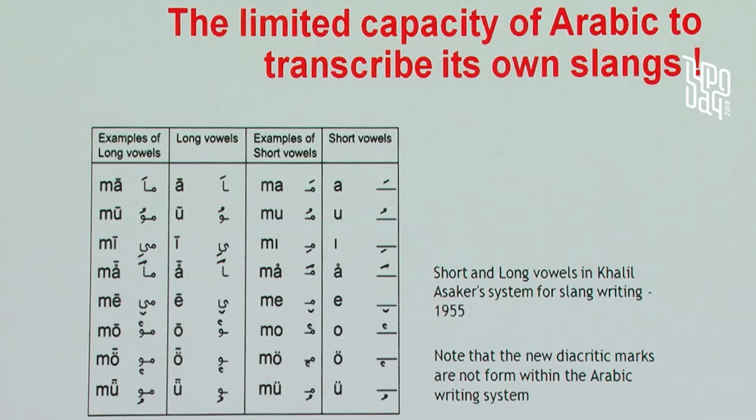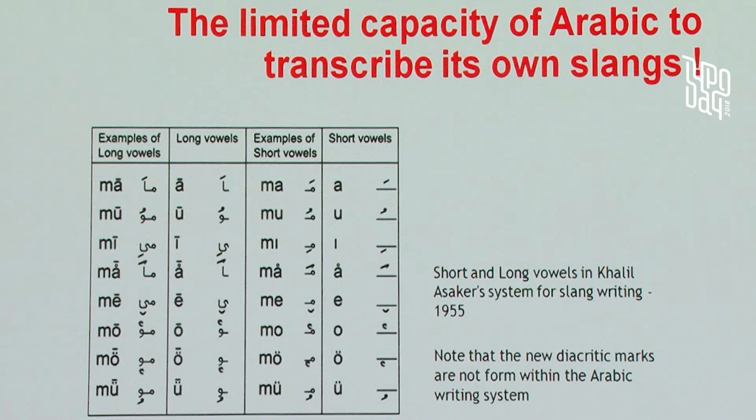There are many missing elements in anything in English. And this was recognized during the last century, the 20th century, or the 18th century, when the Arab world